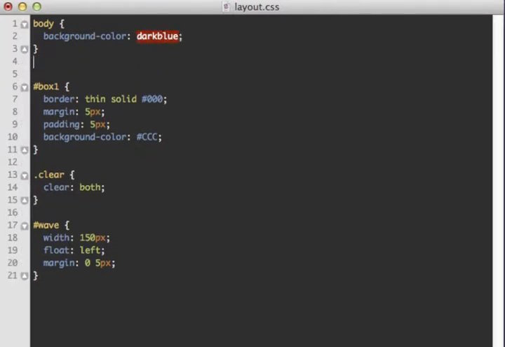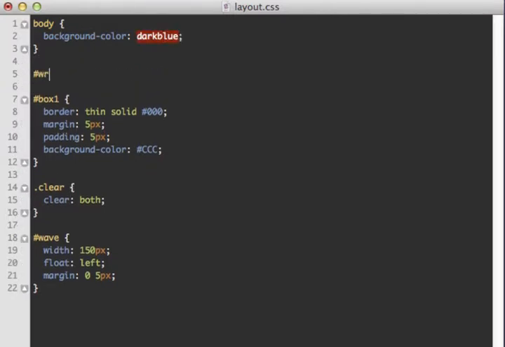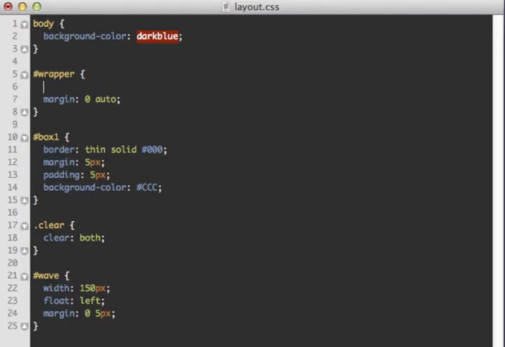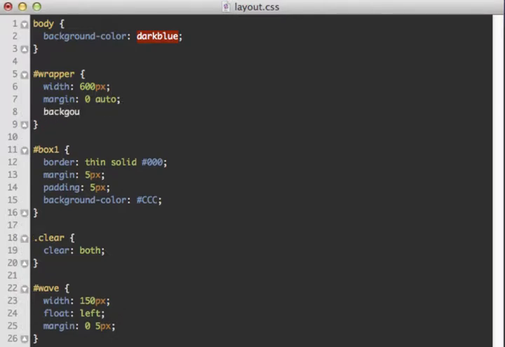And then in my wrapper, I'm going to set the margin to 0 and auto. So the top and bottom is set to 0 and the left and right is set to auto. I'm also going to have a width here of 600 pixels, just like that. And I'll also set a background color